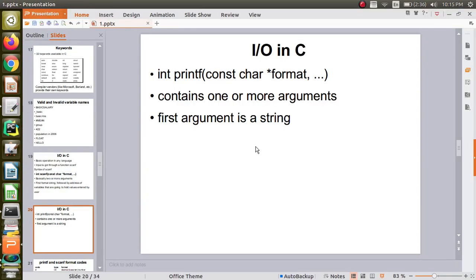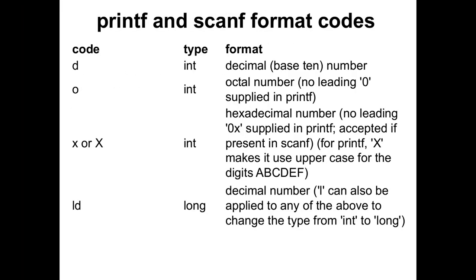Okay, I hope you are clear about the IO statements in C language, and you have to know more about only the formatting, because it depends on the data type I told you. So you have to give %d if you are going to read an integer in decimal representation. Decimal is the normal representation we generally follow. But in some cases, if you want to read it in octal or hexadecimal, then you have to know how it can be done. In that case, instead of d you have to give o for octal and x, either small x or capital X, for hexadecimal numbers. That is very rare that we use it.